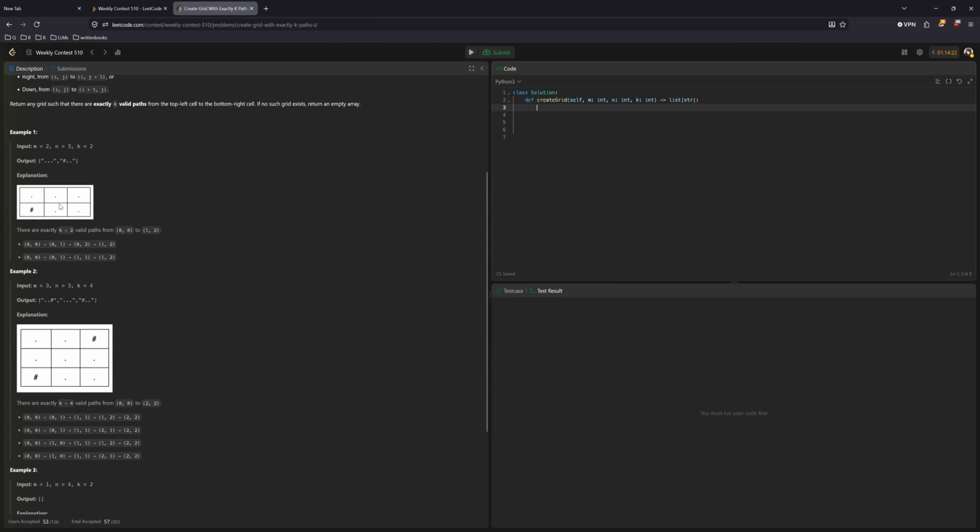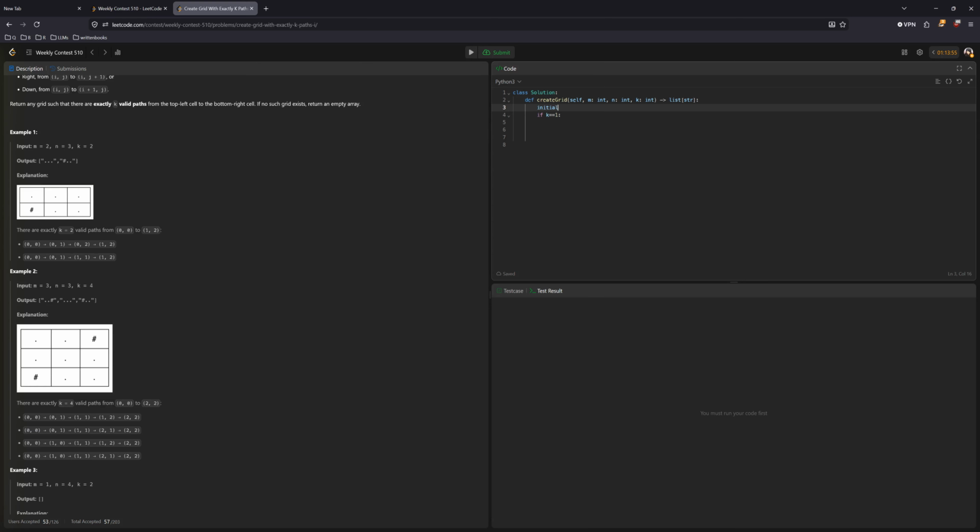There's always a way to have one path. I feel like that is a special case. If K equals 1,